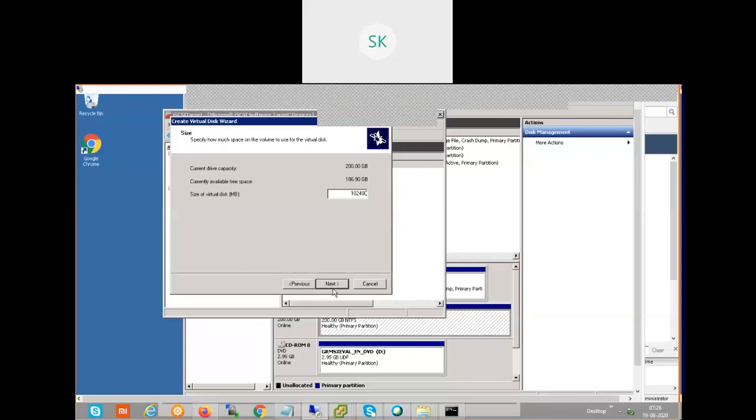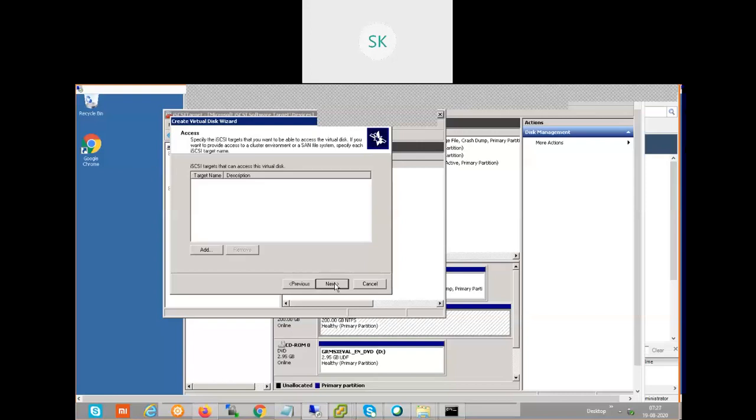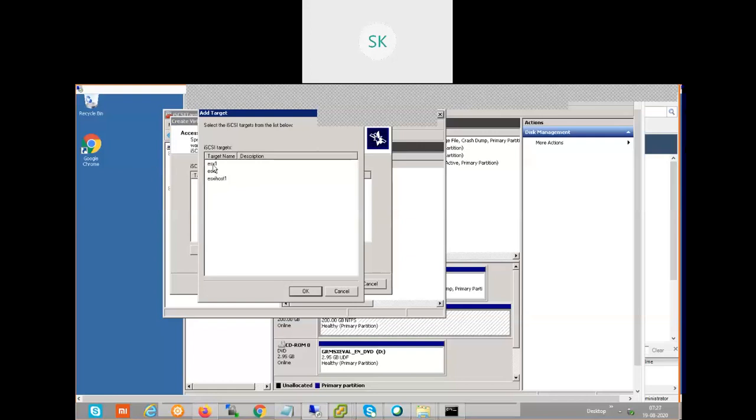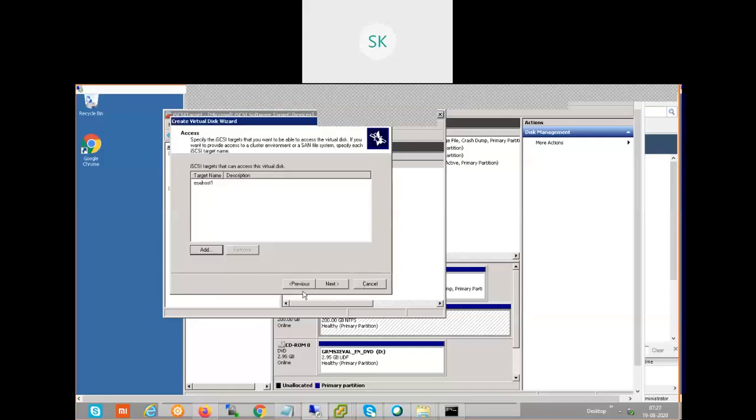Previously we created only 10240, that is 10 GB. Now this is 100 GB. Click next. Name it anything. Now I'm going to assign the target for ESXi hosts 1 and 2 both, because I need a shared disk. That's the purpose. I select the target for both ESXi hosts together, the last one. Click OK.